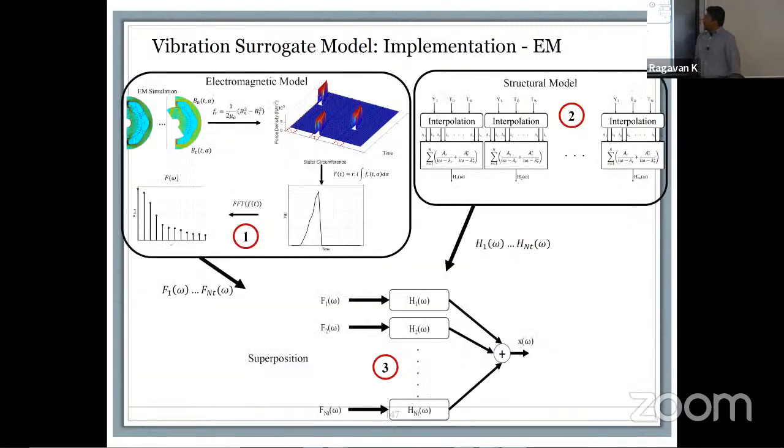So this is the implementation for the surrogate model. We essentially had the electromagnetic model and the structural model. They both feed into the system, and they give you the structural model. Essentially, in this model you get a unitary impulse response for any geometry within the identified range. The idea is you don't simulate it for every point. You simulate it enough to train it across an entire range. And once you have that, you are able to interpolate, even if that number was not analyzed in your training data. Now you have a bunch of iterations.